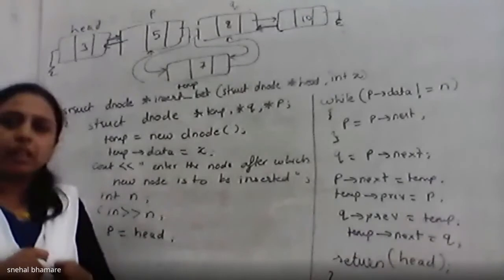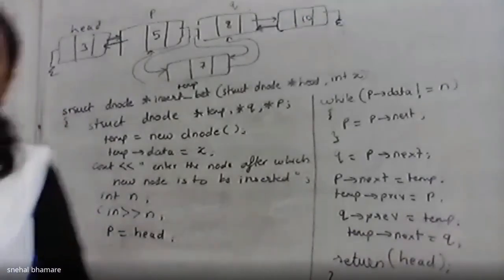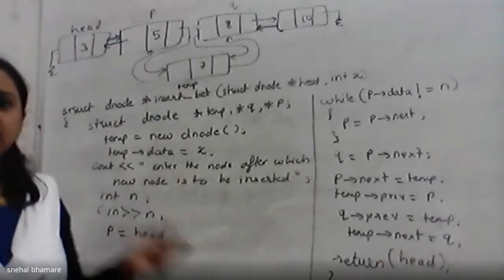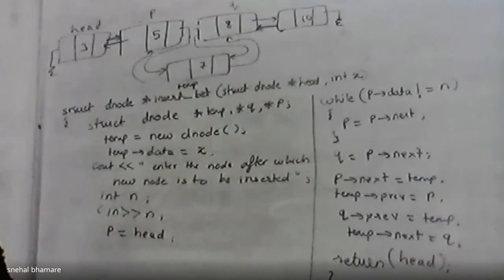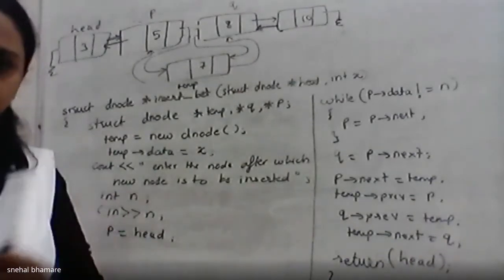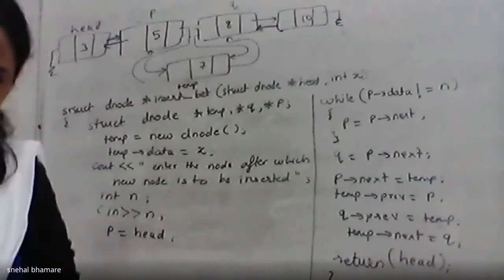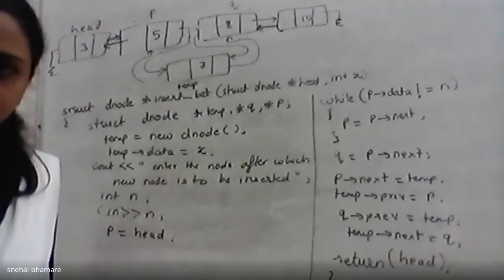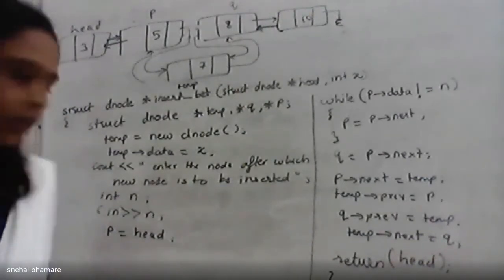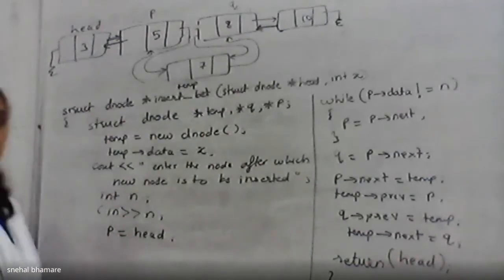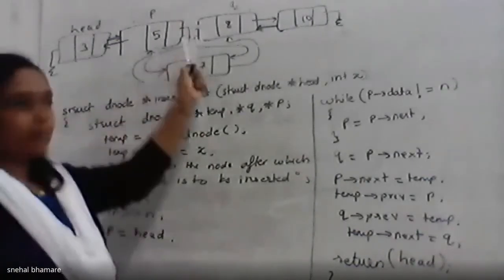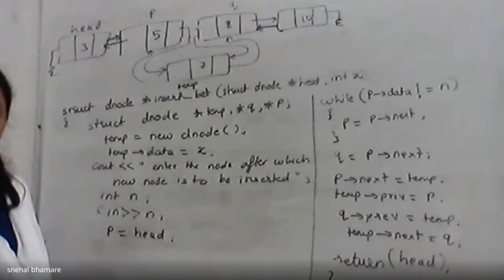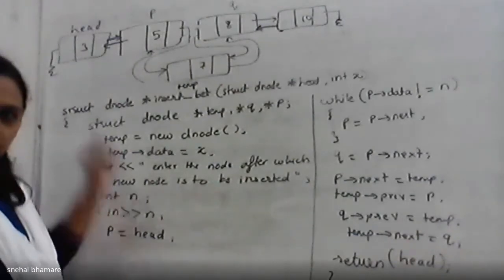Is that simple? Everyone got it? Any doubt in this function anywhere? If you have a doubt, please unmute your mic and ask the question. Guys? Yes, no? Okay, got it? Everyone? Okay, I'll repeat it again. Okay, Pratham, just tell me whether you got the concept logically how we are inserting the node. Yes or no? Yes? Only I should repeat the code, right?